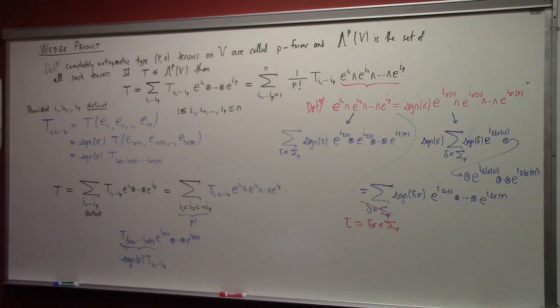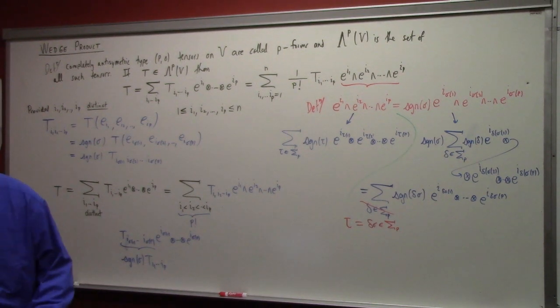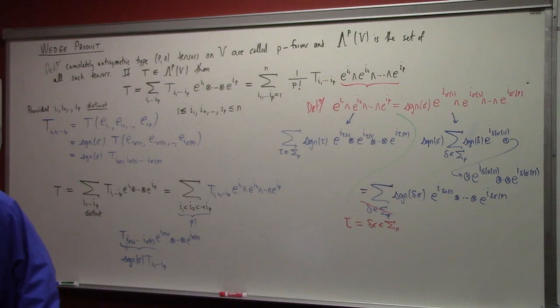And then you might ask, but the formula you have up there has i1 through ip ranging from 1 to n. How are those the same formula? And the answer to that is